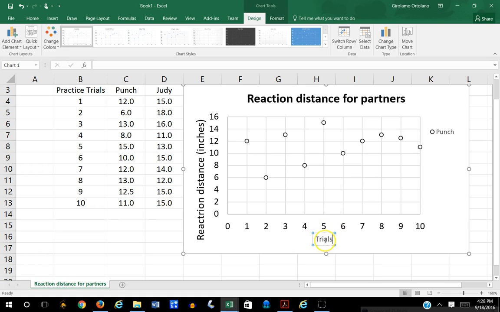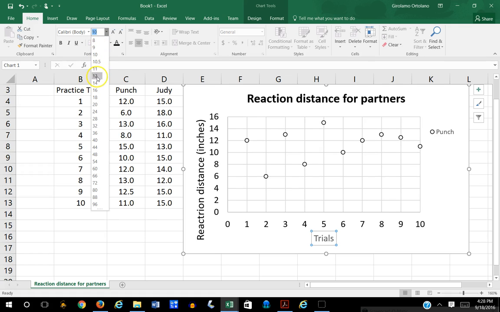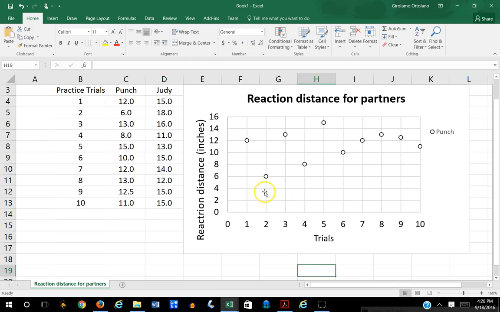Trials. And you can see it's got a dotted line around it, and I want to just click on that dotted line and make it solid, so that way I can go back up to Home. I can go to font size 12 and click on this font color and make that gray a true black. Okay, so we're almost there. So now we have a nice looking graph. The only thing we have left to do,